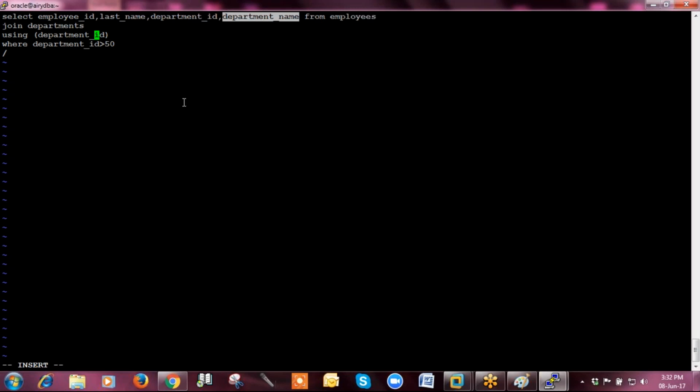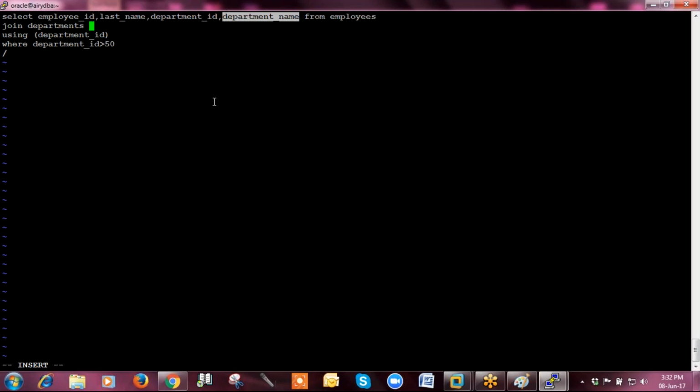Okay, so that means the Oracle compiler has to work double. To reduce this task of finding out which table each column belongs to, you have to use a table alias. You have to do table aliasing, right?